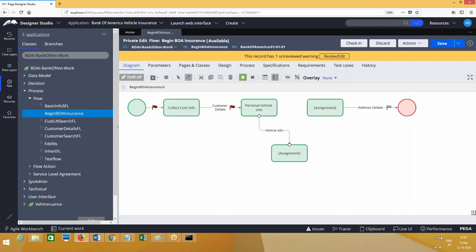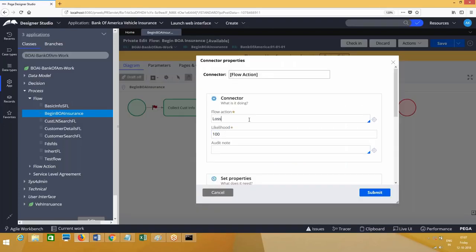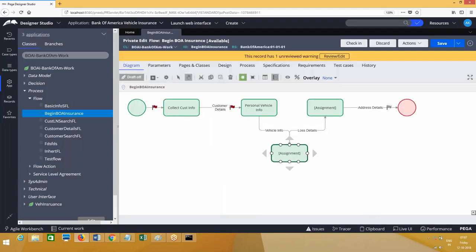Like this one, we have loss details, right? Okay. So I'm just going to show you how to call a ticket now.